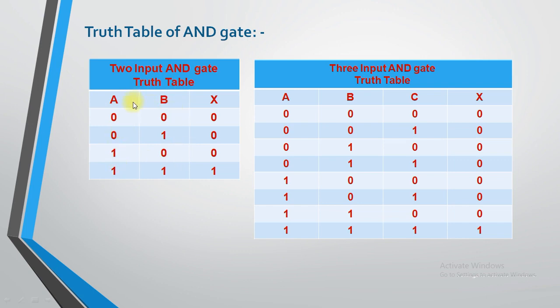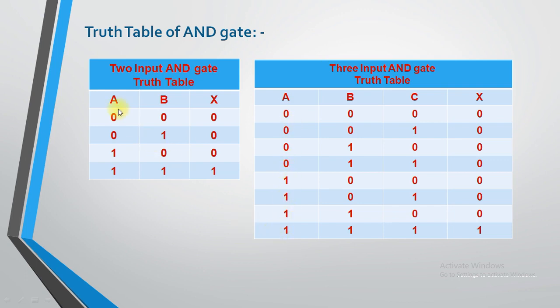Here we have taken 2 types of truth table. One is called the 2 input variable and the other is called the 3 input variable. So how to write the combination? In the last column you need to write 0, 1, 0, 1. In the previous column 0, 0, 1, 1. Here the 2 input gate is there, and here the 3 input AND gate is there. So in the 3 input, what you need to do? Here 4 times 0 and 4 times 1.